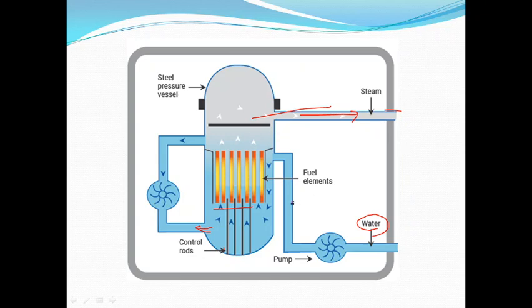So constantly, since the water is passing through the system and getting converted to steam, heat will be released from the system, and this steam, which is at high pressure, can be taken out and used for generating electricity. So that is how the nuclear reactor will further work.